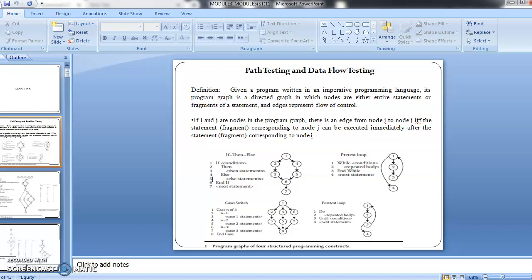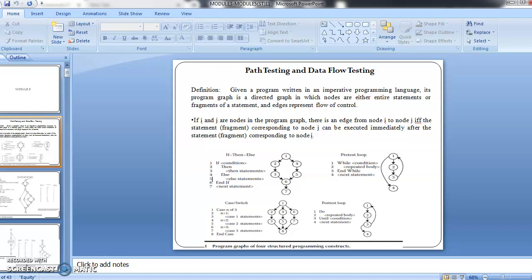Path testing is for an imperative programming language. Its program graph is a directed graph in which nodes are either statements or statement fragments, and edges represent flow of information or flow of control. So in path testing, we mainly consider the nodes. Nodes are taken to be statements or statement fragments, and edges between those two nodes are said to be